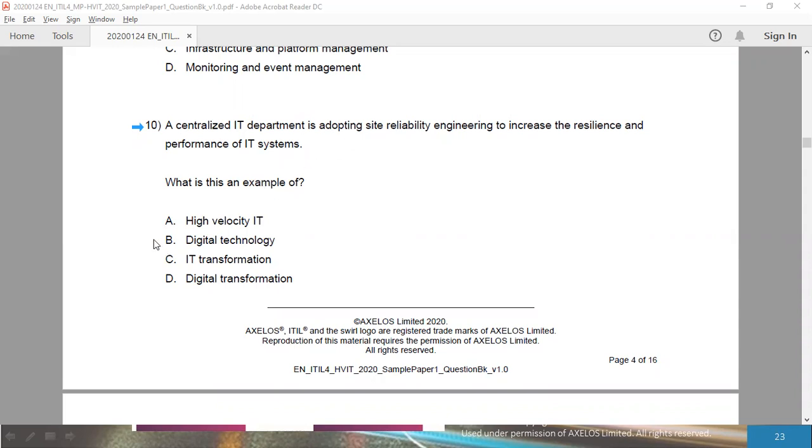High velocity IT. And the question specifies the use of SRE to increase the resilience and performance of IT systems. High velocity IT, if you remember, enables faster time to market, time to customer, time to change, which means speed is more crucial. And by speed, a significant enablement of business occurs. Therefore, this is not an example of high velocity IT because SRE increases the resilience and performance of IT systems and not the speed. Digital technology